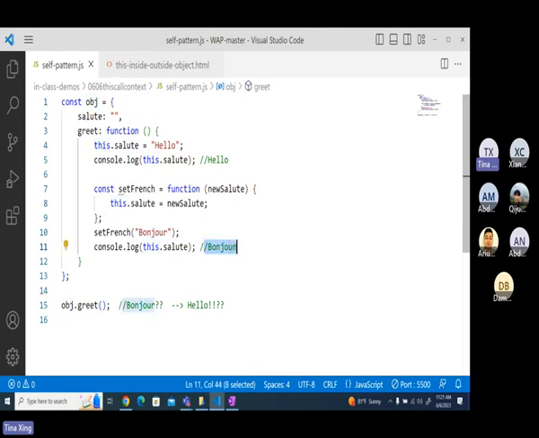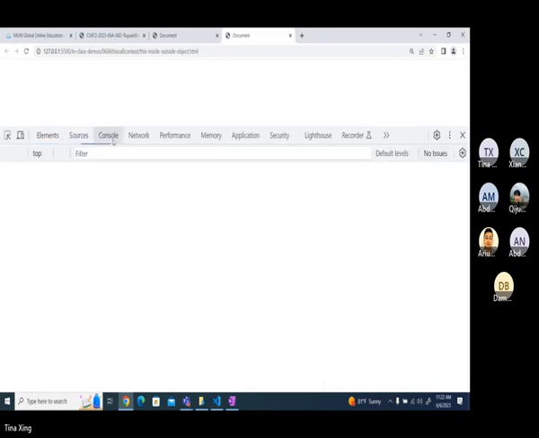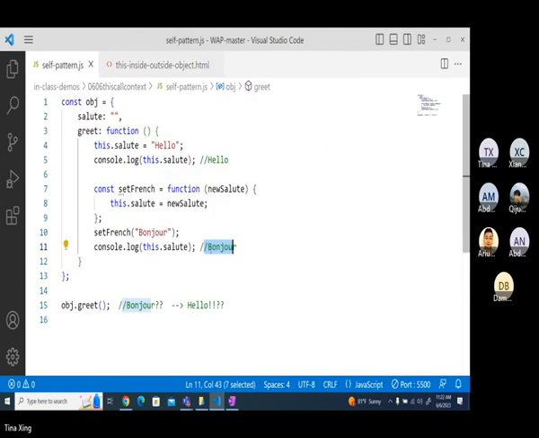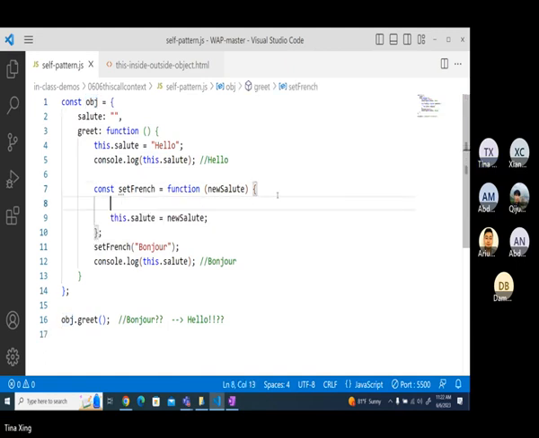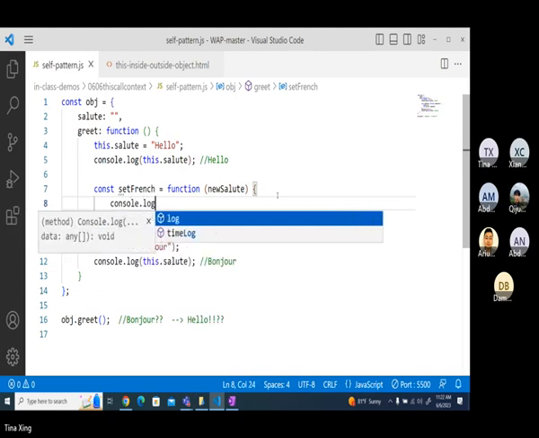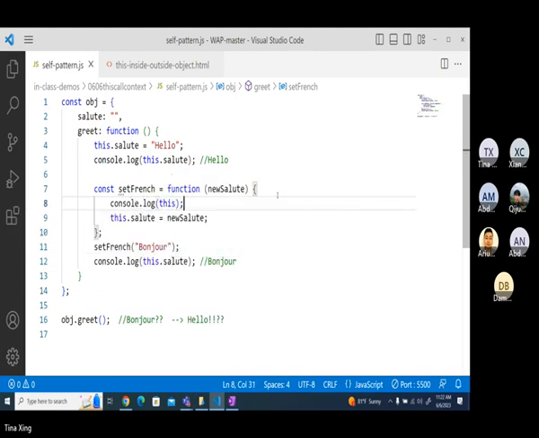And from here, you won't see bonjour, you will see two hello. First, let me show you. You'll see two hello. I didn't see bonjour here, even though I have this.salute. The reason is that here I'm calling setFrench, right? How do you call setFrench? Did I use an object to call setFrench? No. And if I don't have anything in front of it, let's take a look at